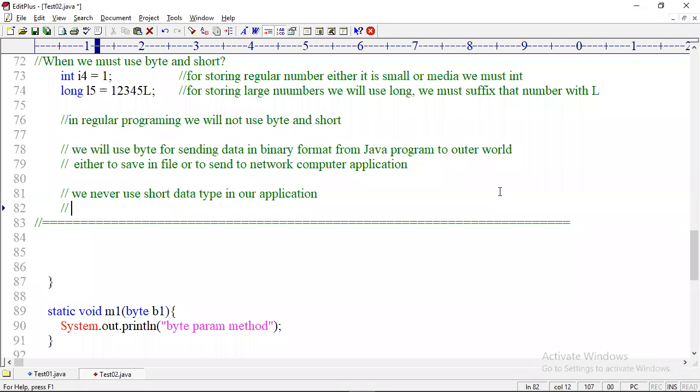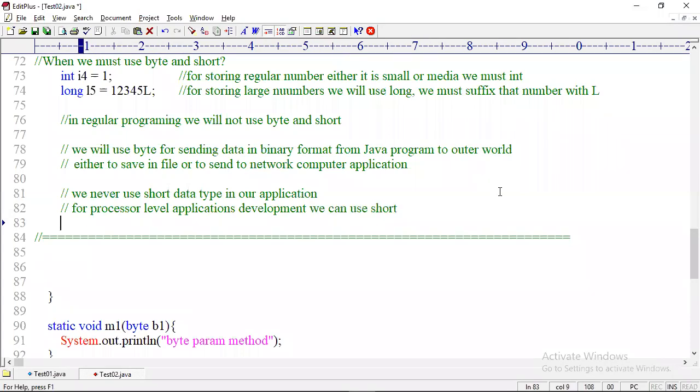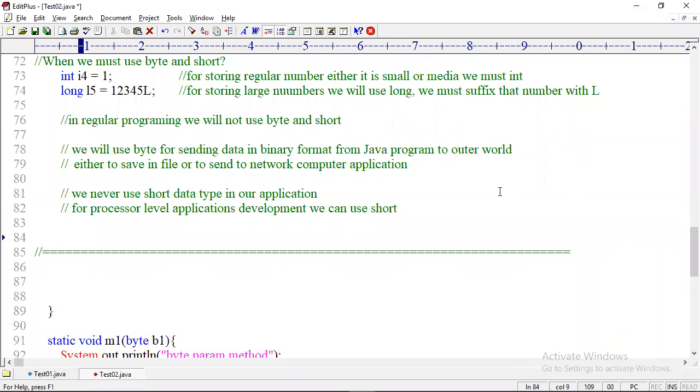If you want to use Java programs for developing processor applications, you can use short. But we never develop processor level applications, so we don't use short.